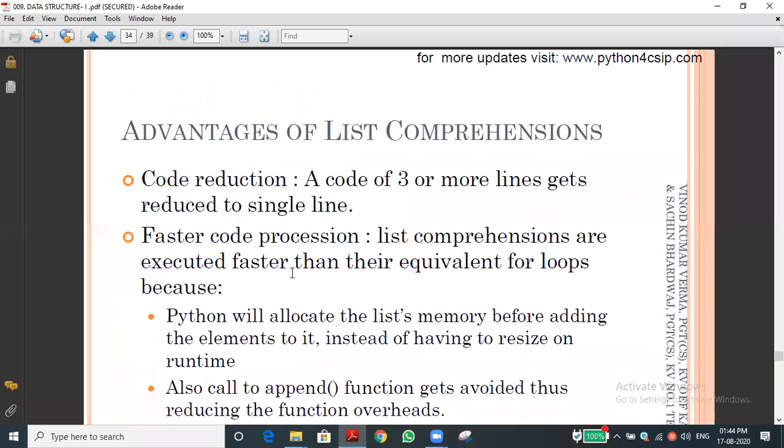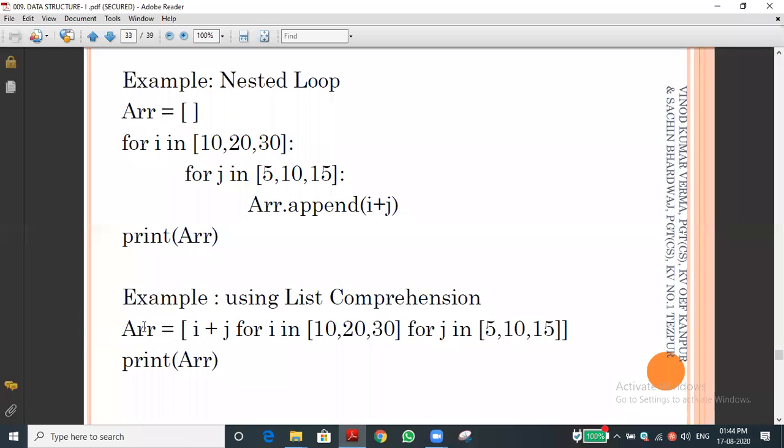Here you can see, sorry, they are writing it in a single line itself. For I plus j, ARR equal to a list. The I plus j value will be added. What is the I value? This for loop will tell the I value. And what is the j value? This j loop,